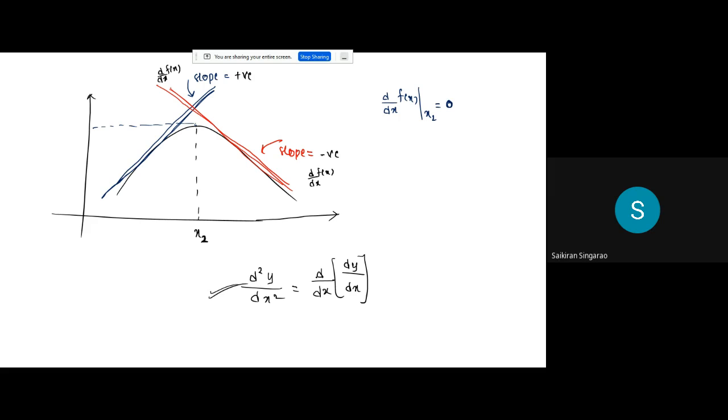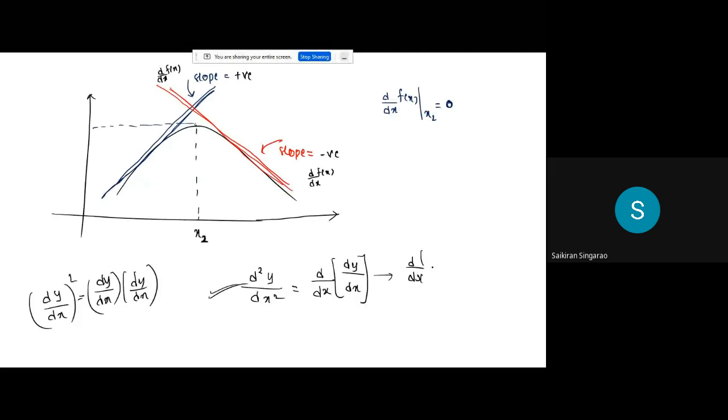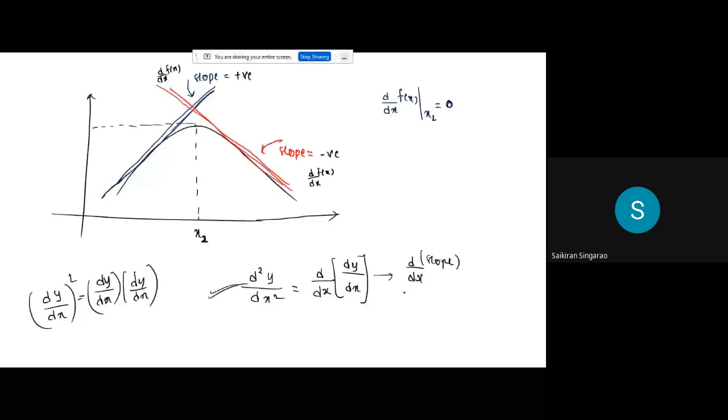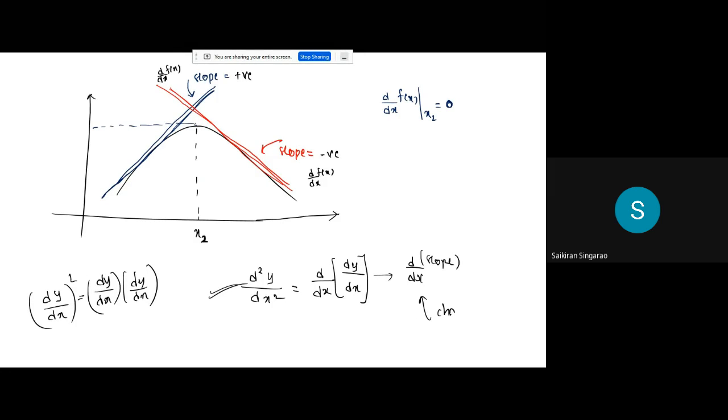Yes, because, sir, everybody, this point is different and this is different. d²y by dx² is not dy by dx into dy by dx, that would be multiplying two differentiations. This is different: differentiation of differentiation is double differentiation. Now see, it is like finding d by dx of the already taken slope. That is nothing but change of slope.